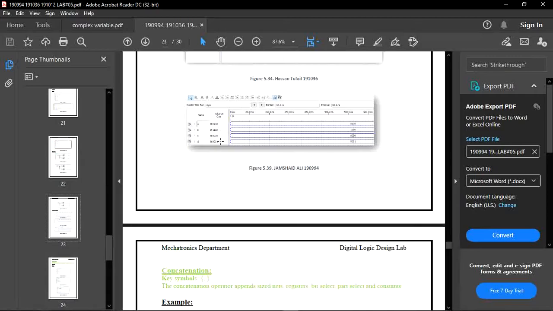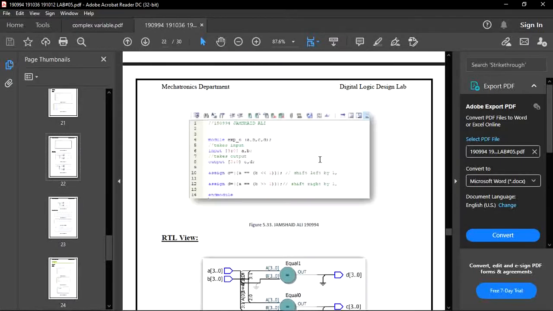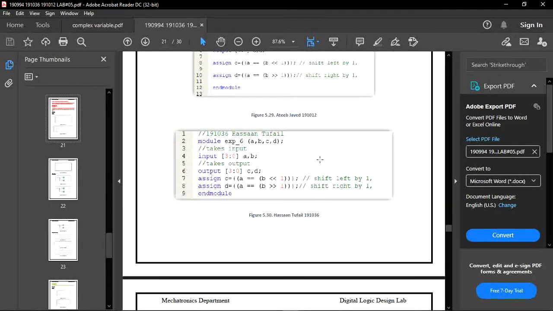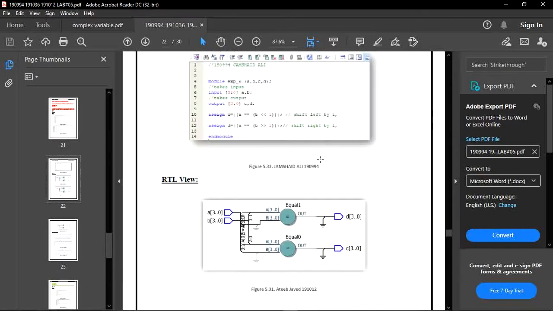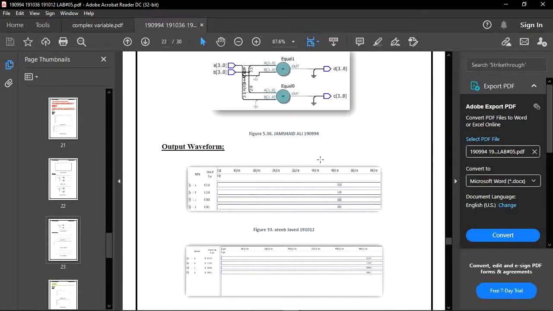Now you can see here, if A is shifted left by 1, then our function will give 0 as a 4-bit number. If operation B is shifted right by 1, then our function will be 0 0 1, meaning its function will be true, and a 4-bit number of 1. So these are all our bitwise operators. We can perform them and check them by our output waveform in Quartus.